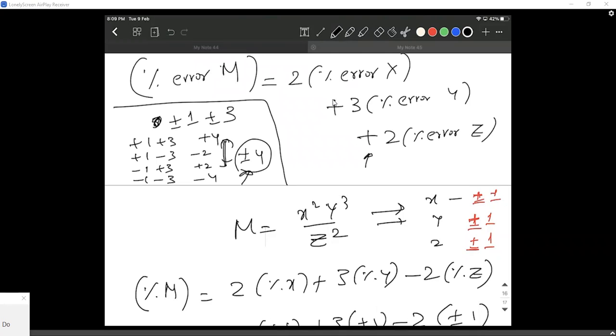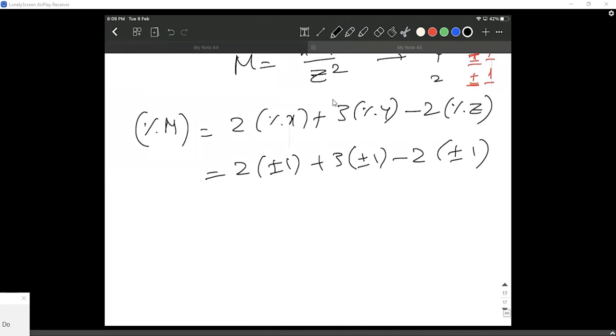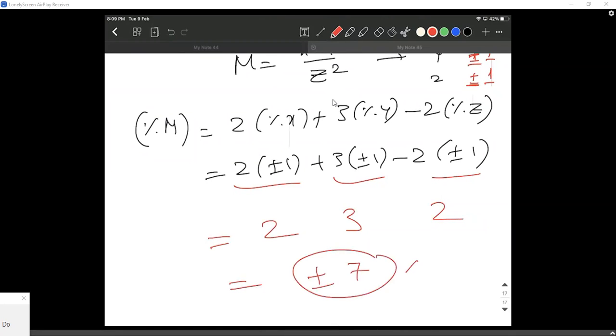Excuse me, sir. While solving a few questions, sometimes they give plus or minus x and minus or plus y, sir. What does it mean? It doesn't really mean anything. I mean, it shouldn't mean anything. If you strictly say that, it means when you take plus in one thing, you have to take minus in the other thing. There could be some calculations, but here it doesn't mean anything. Whenever you see a problem like this, you simply add all the values, irrespective of the signs there. You're going for the maximum error there, which is 2, 3, 2. So simply write plus or minus 7. That's all. That is the error.